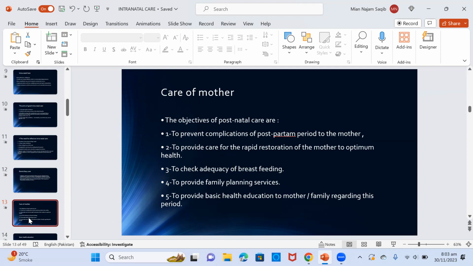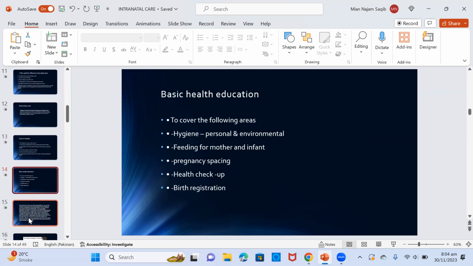Care of the mother. The objectives of postnatal care are to prevent complications of postpartum period to the mother, to provide care for rapid restoration of mother to optimum health, to check adequacy of breastfeeding, to provide family planning services, to provide basic health education to mother or family regarding this period. Basic health education includes to cover the following areas, which includes hygiene, both personal and environmental, feeding for mother and infant, pregnancy spacing, health checkup,